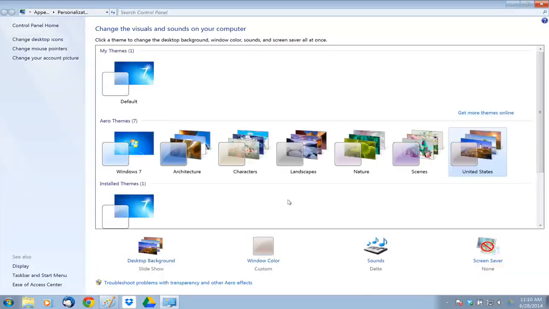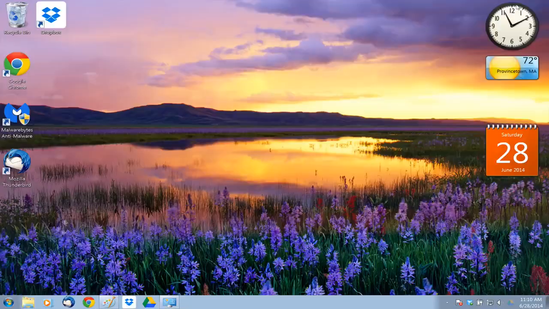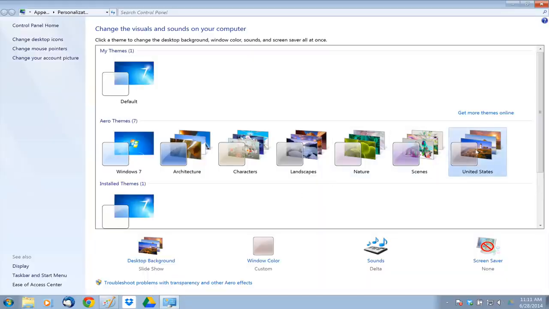These are not all of the display options, but the ones that most of you are going to probably care about. And Windows 7 comes pre-installed with these 7 themes. So these are different backgrounds that have a common theme to them. For example, this one here is actually my favorite, the one for the United States. If I minimize this, you'll see. Oh, I think I was actually already on that. My bad. But if I switch it over here, for example, to nature,